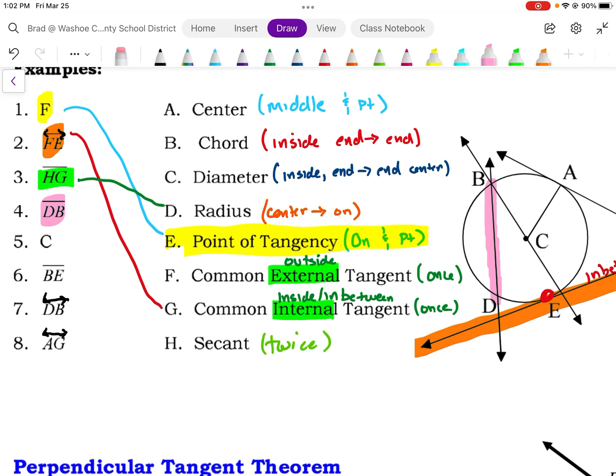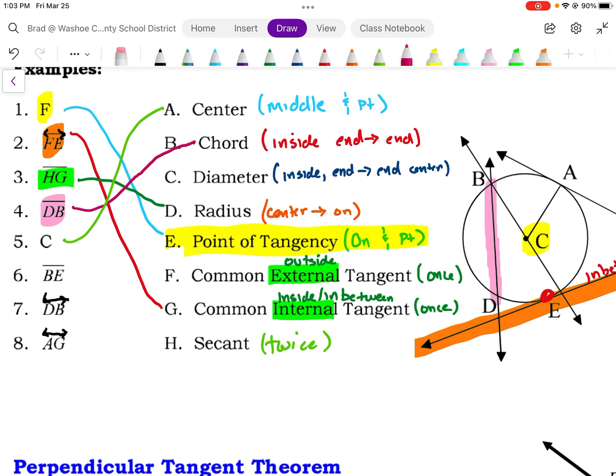But if I do DB with arrows, then that becomes a secant, because it can keep on going this way and then this way. But since it doesn't have the arrows, we're looking at just the pink part of that. So this is going to become a chord, and it's a chord because it doesn't go through the center. So C is this point right here. It's in the middle, so clearly this is going to be the center. Easy enough. So BE